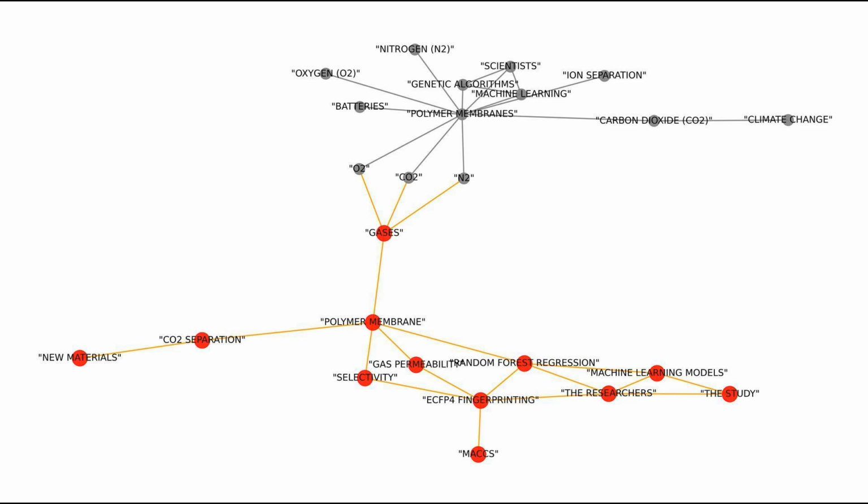So in the study, the researchers used a specific approach to train their machine learning models, particularly focusing on a method called random forest regression. Imagine a random forest as a group of wise trees in a forest, each giving its opinion on how well, like, a polymer membrane can separate gases. By combining the insights from so many trees, the model can make a more accurate prediction